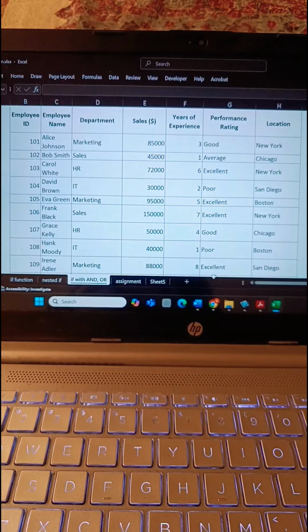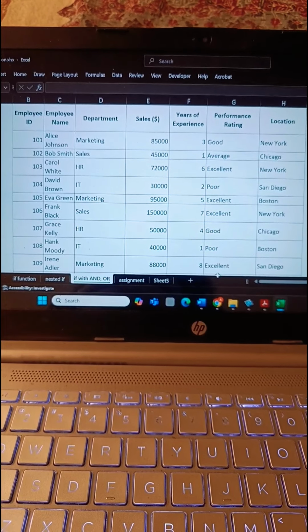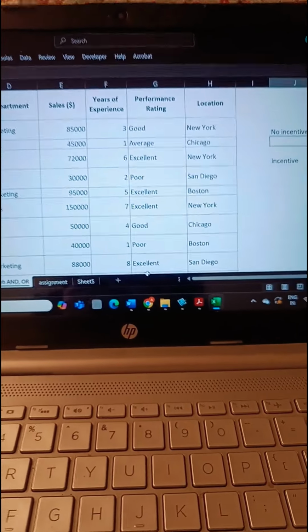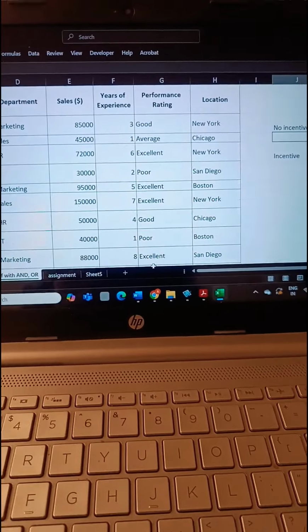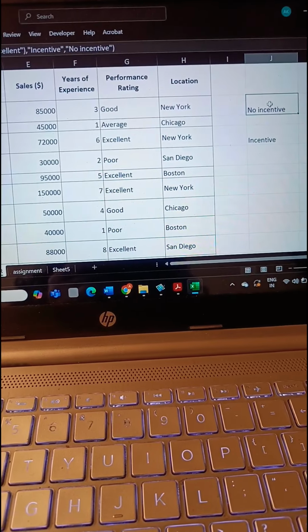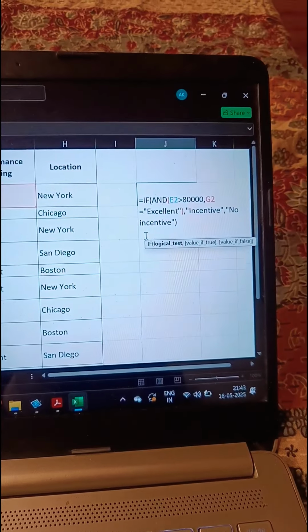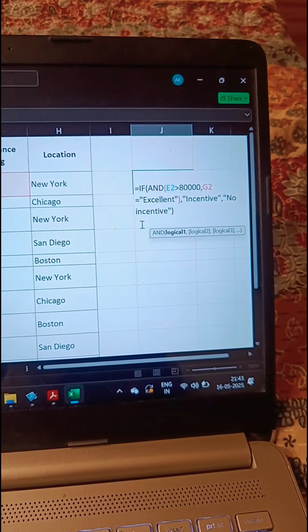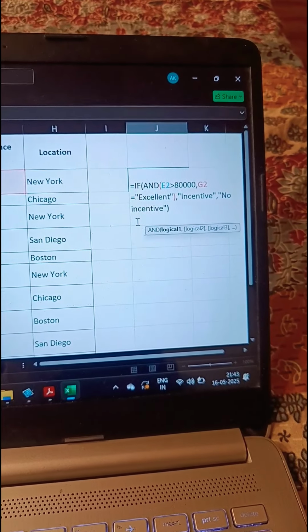Can we use the IF function with AND or OR? Yes, we can. So here is a sample data set. Now if you want to calculate whether an employee gets an incentive or not, you just use this formula. Here, IF bracket AND, here AND is an inner function, then bracket E2 greater than 80,000 comma